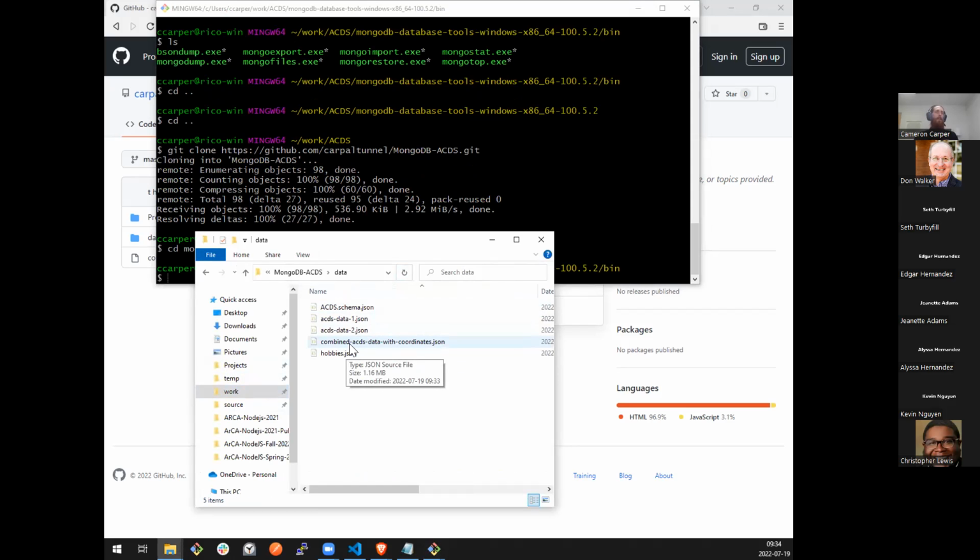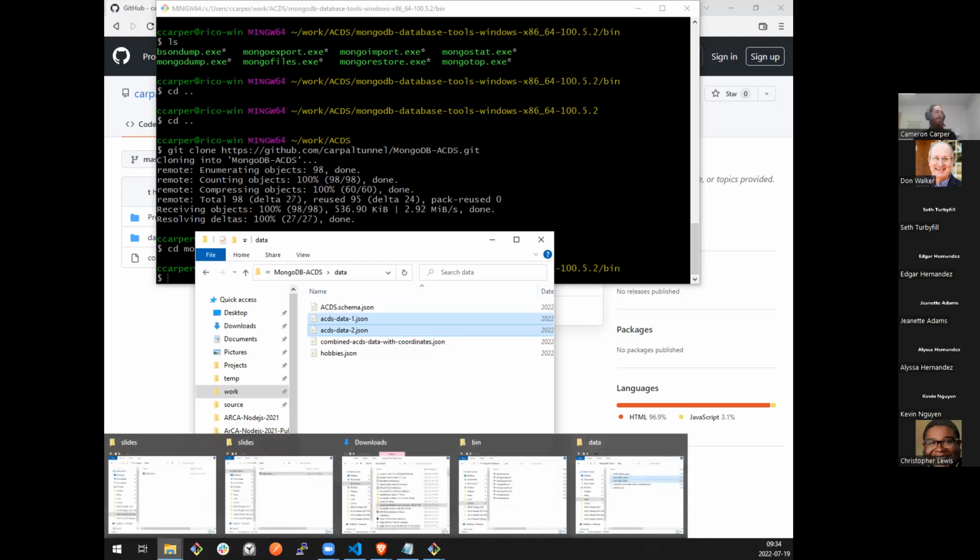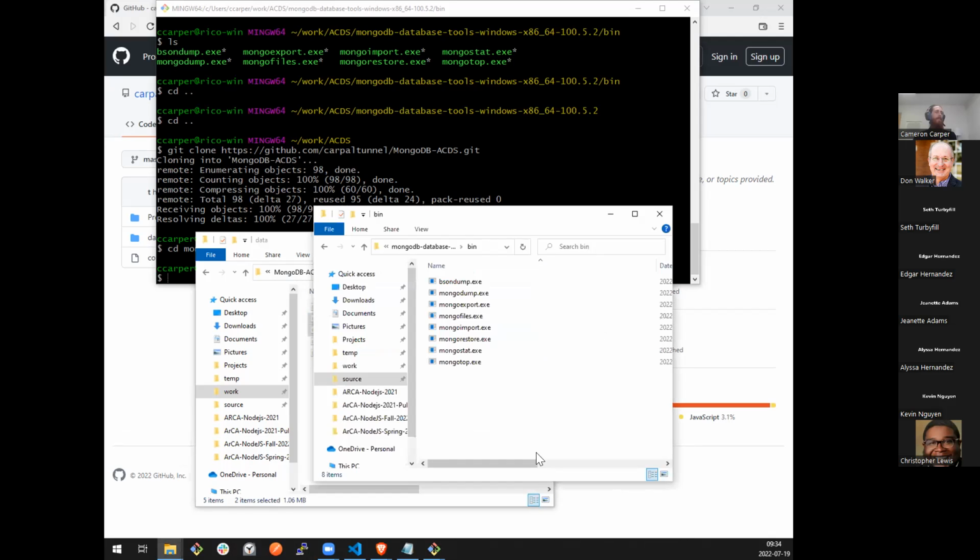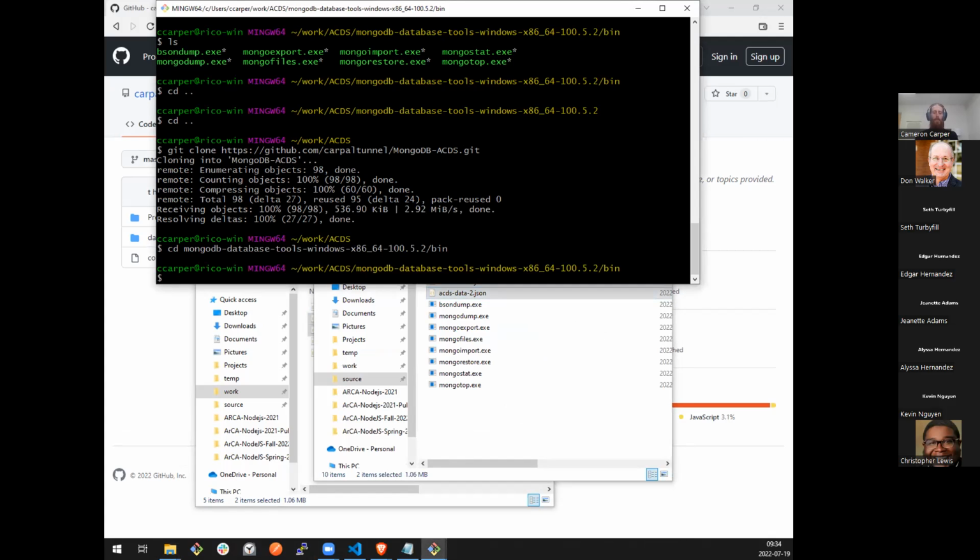Obviously, you can work your file paths however you want. This just simplifies it a little bit for me, especially since these are rather small files. They're about 500K each. So I'm going to grab both of these and drop them in the folder that has my Mongo tools in it. And then we're going to do a Mongo import.